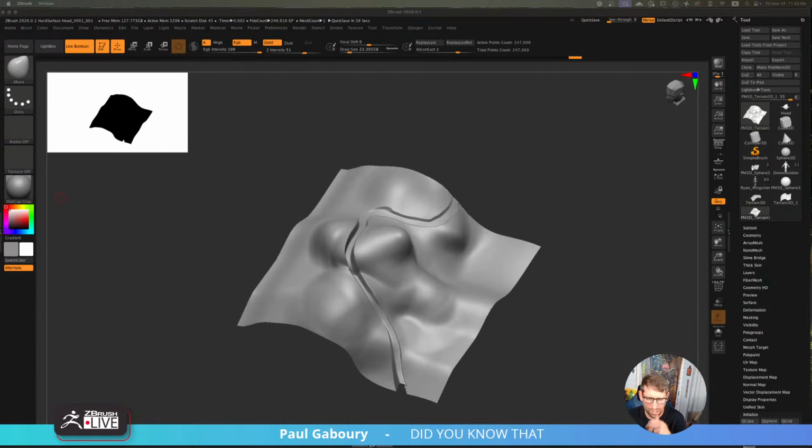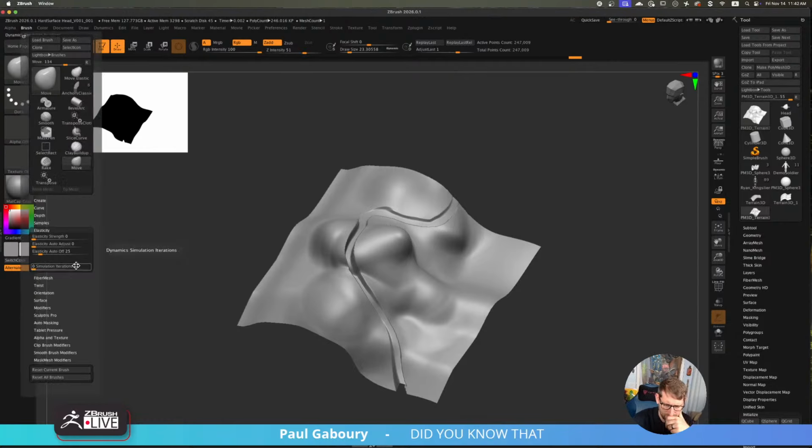Okay, you're talking about what I turned up over here in the brush. This simulation iteration is in essence telling the brush how much it should actually look at simulations. Because there might be times where you're making a brush where you do want some collision a little bit, but not a ton of collision.